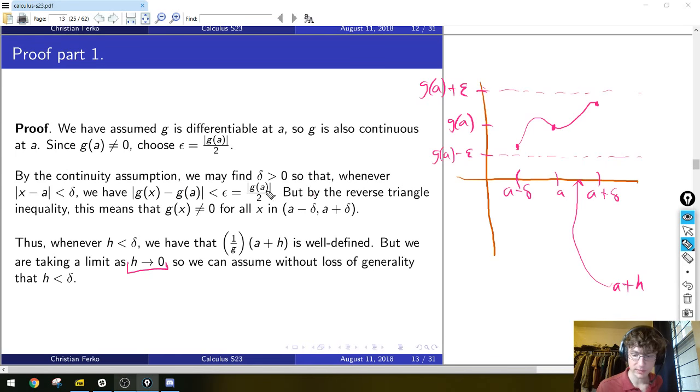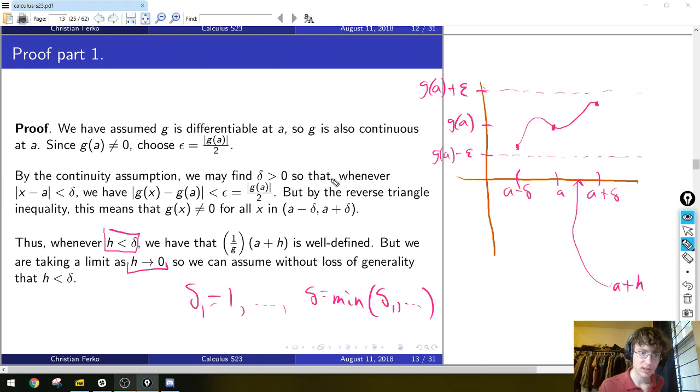So this is kind of like when you do an epsilon delta proof and you make an initial assumption, right? Like you make an initial assumption, say delta 1 equals 1, and then you do some work, and then at the end of the day you say, well, I'm going to define my delta to be the minimum of delta 1 and my other junk. Right? You're always allowed to make extra restrictions on delta. So now you can imagine whatever argument you make when you restrict your delta, you should just also make the restriction that the h